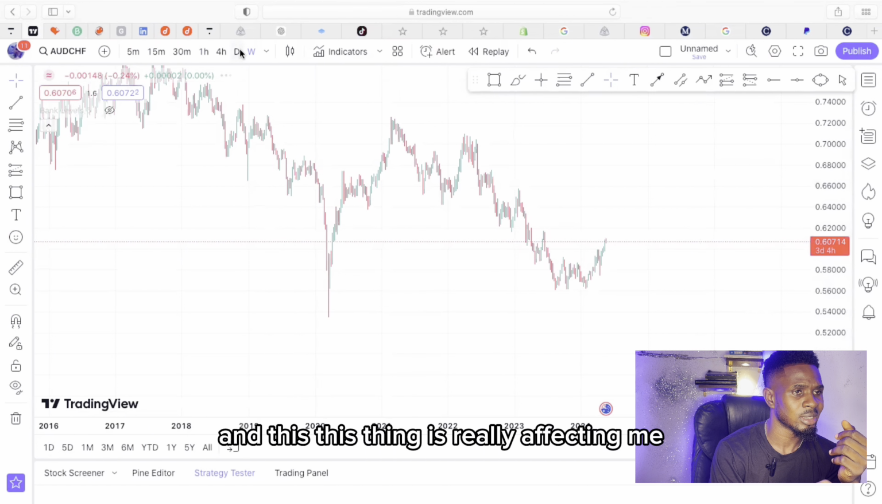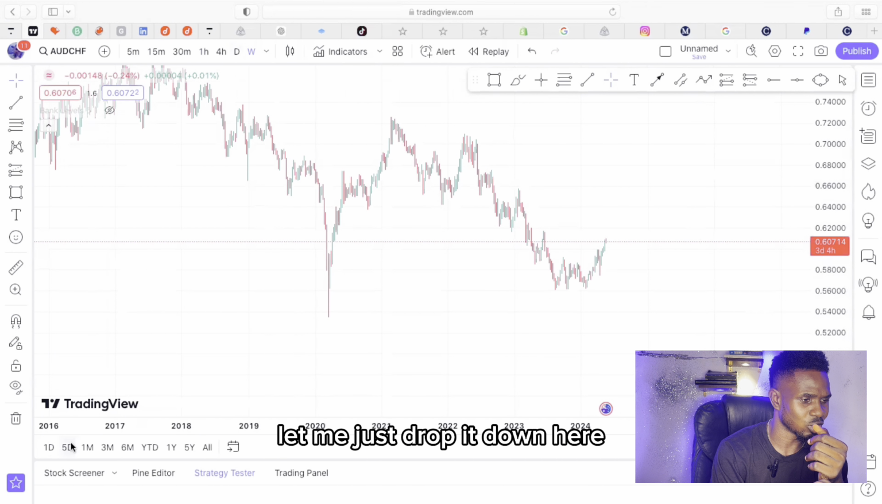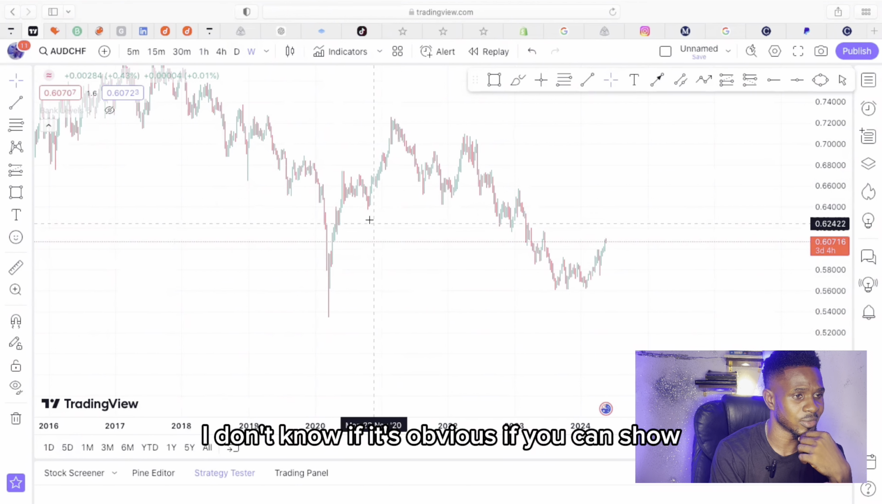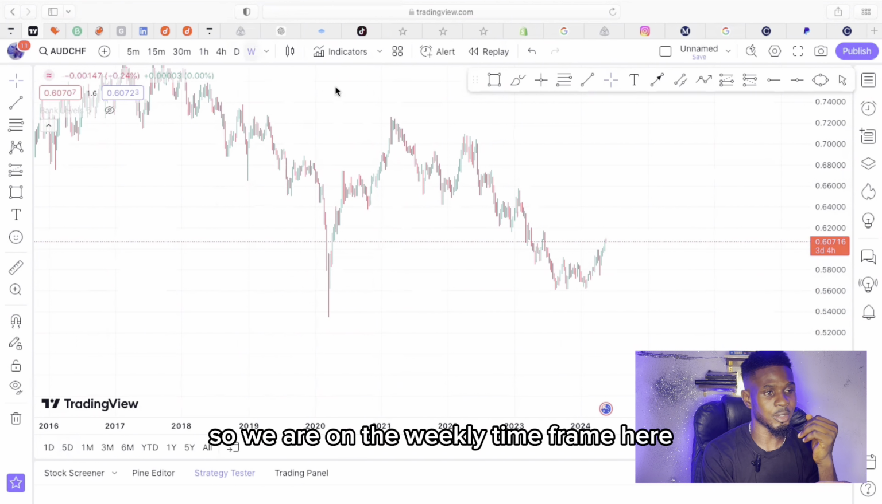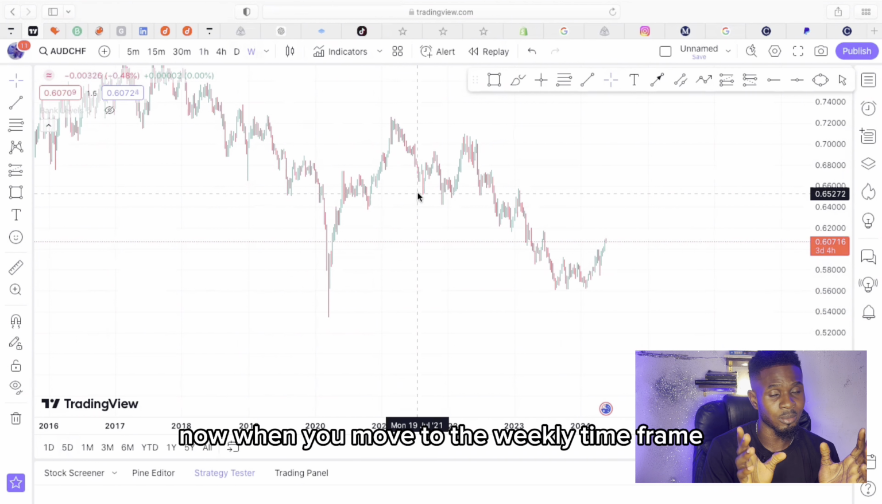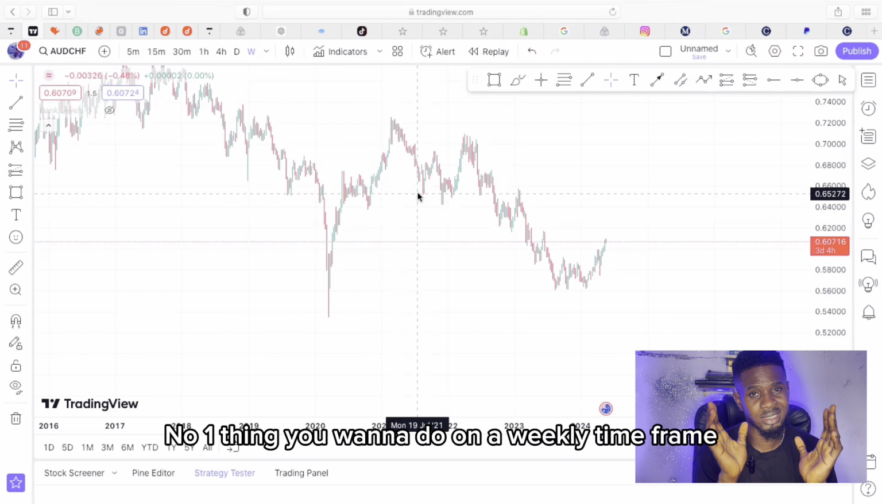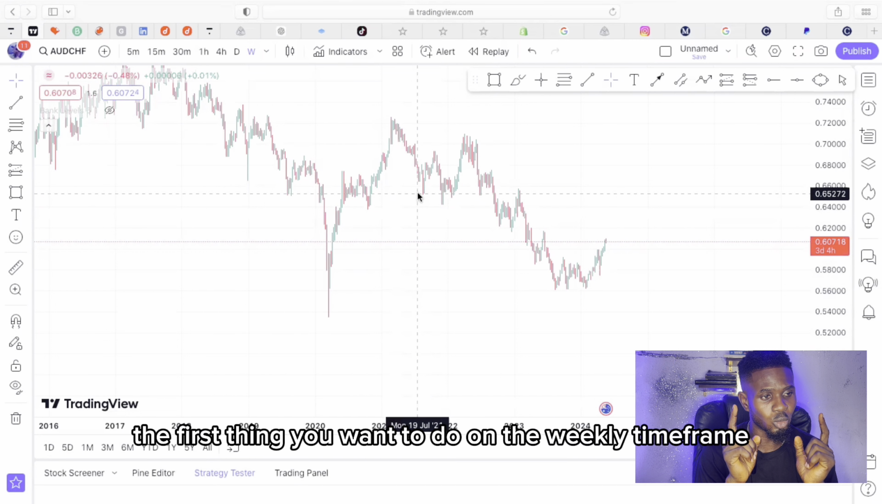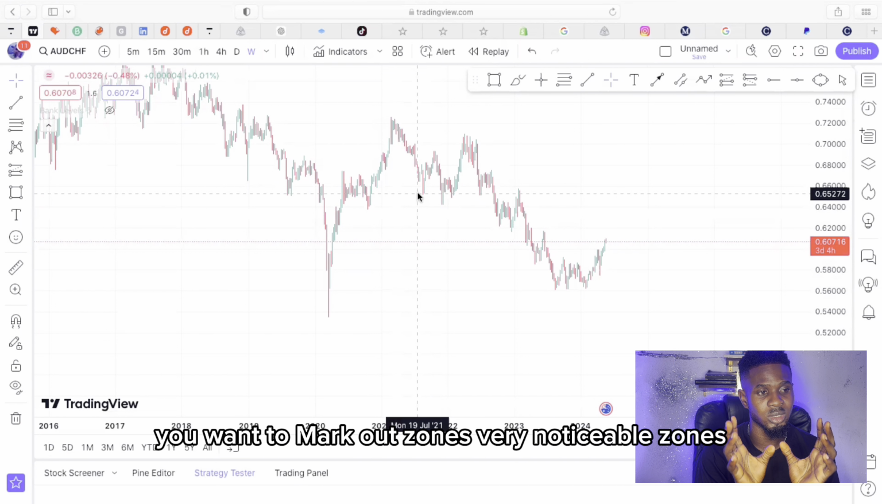This thing is really affecting me. Let me just drop it down here. I don't know if it's obvious, if you can show. So on the weekly time frame, the first thing you want to do is mark out zones,